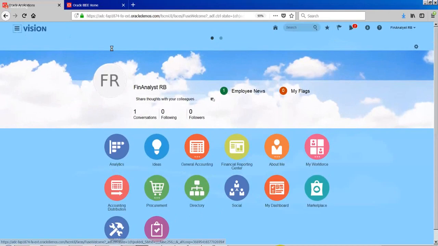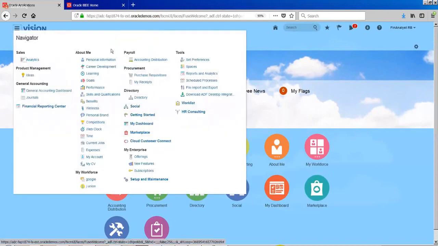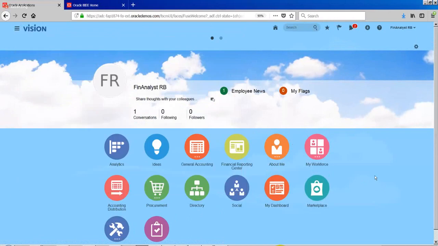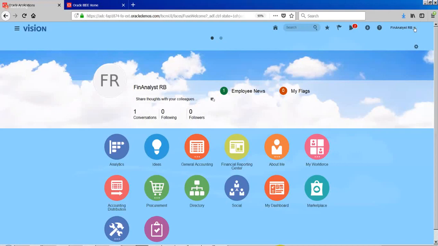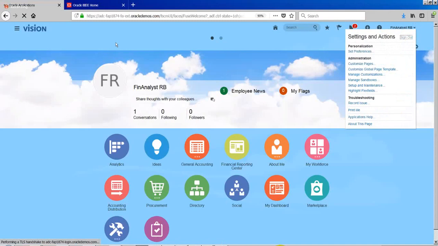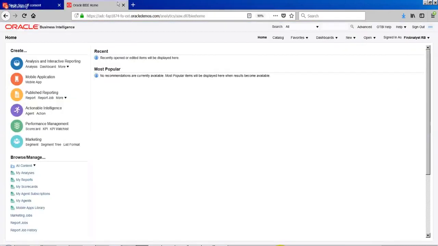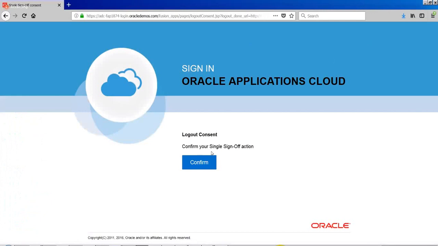For all the other job types, you need PaaS access, right? I think it will be better, once we complete development of a BI Publisher report, to then show how to register it. I think we already developed one BI Publisher report. So let me show you that, because this person, the financial analyst, doesn't have access. Let me log in as an admin.